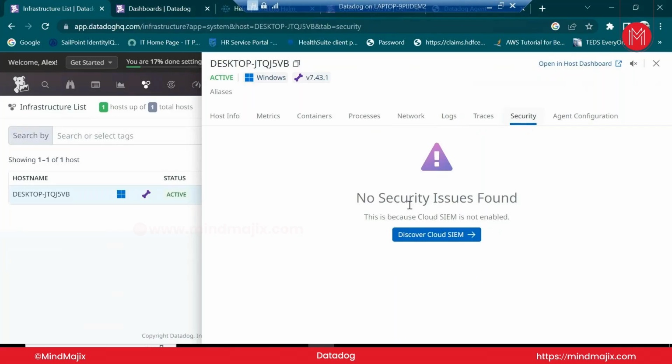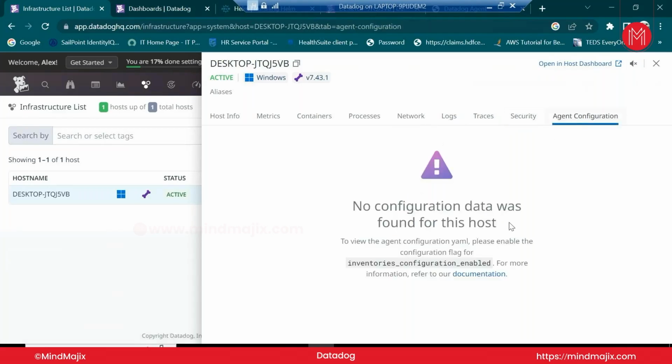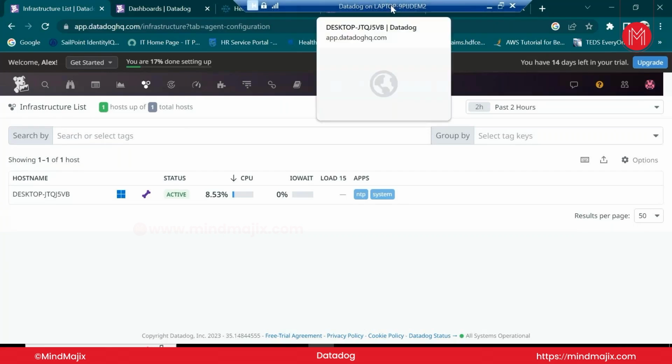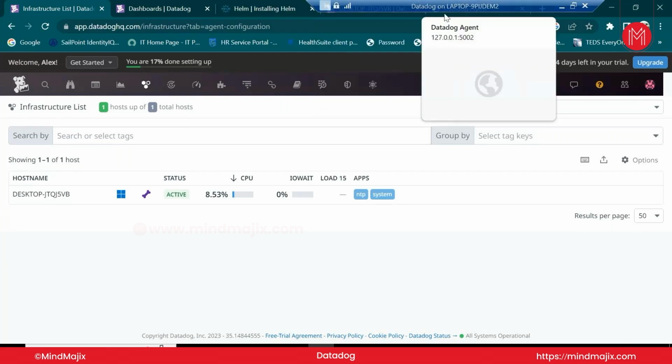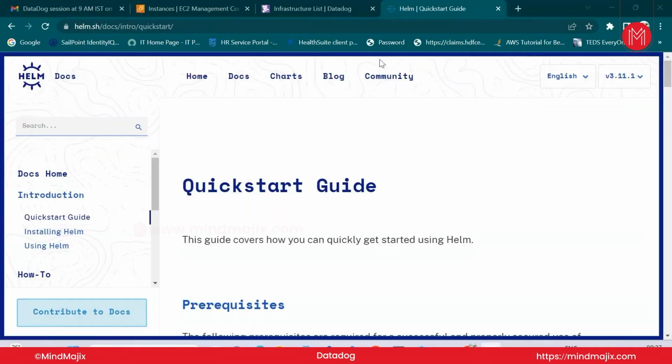This is with respect to any security issues found, which it will capture. And the agent configuration also can be captured here by enabling the inventories configuration enabled feature. So these are the defaults you get out of the box once you install the agent on a Windows OS. And let's do a similar thing for